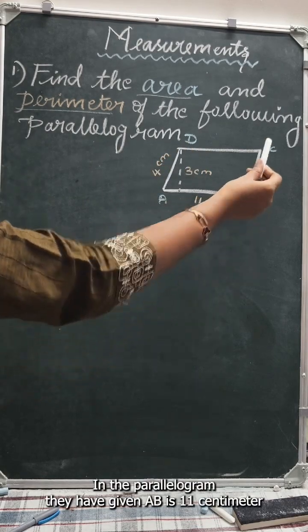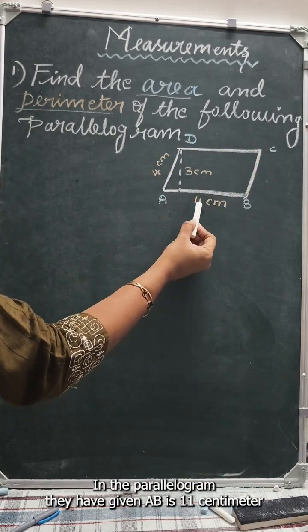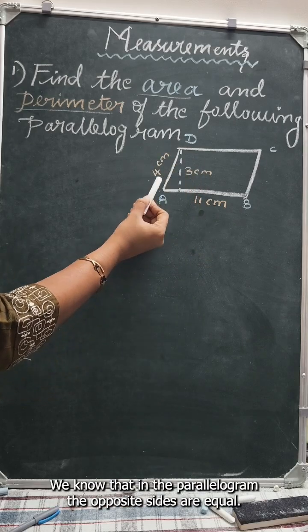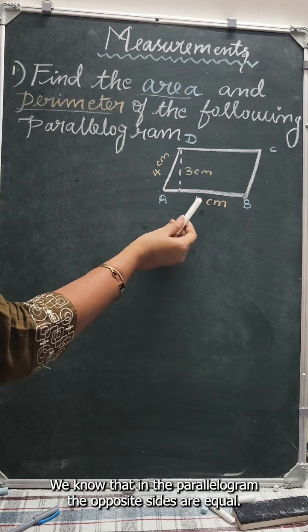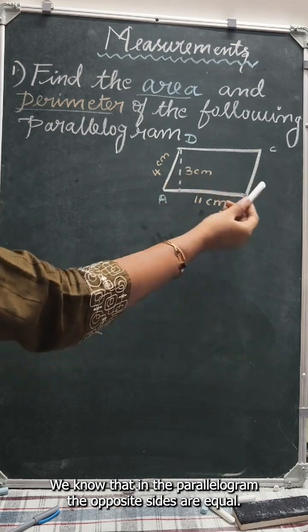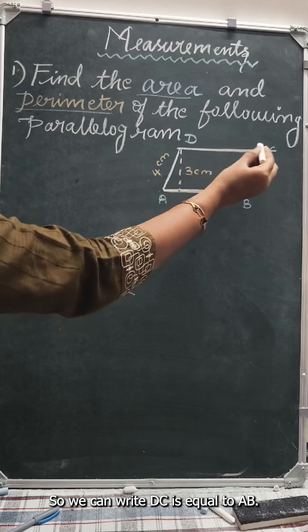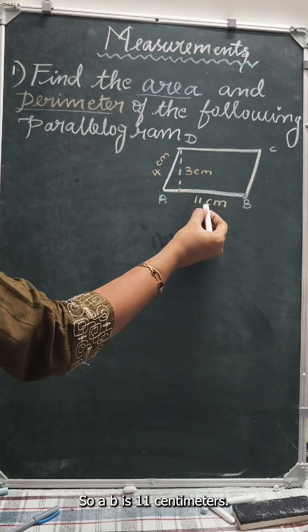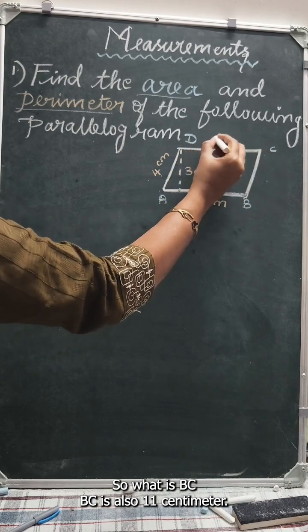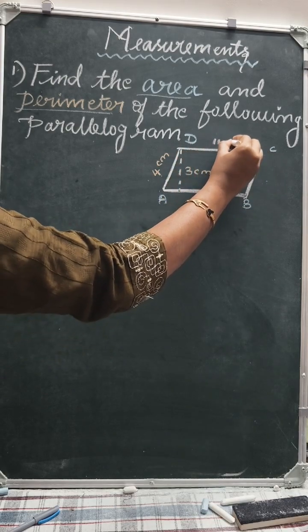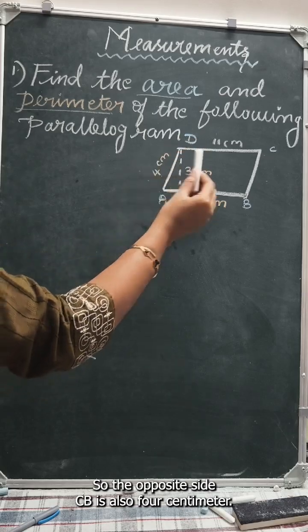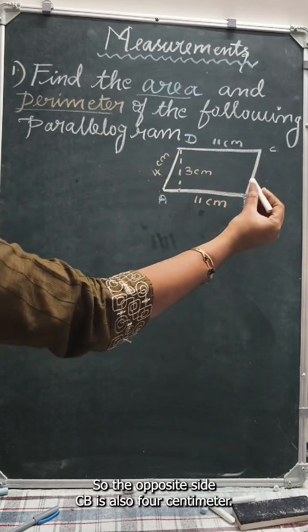In the parallelogram they have given AB is 11 centimeter and AD is 4 centimeter. We know that in a parallelogram the opposite sides are equal. So we can write DC is equal to AB. So AB is 11 centimeter, so DC is also 11 centimeter. Then DA is 4 centimeter. So the opposite side CB is also